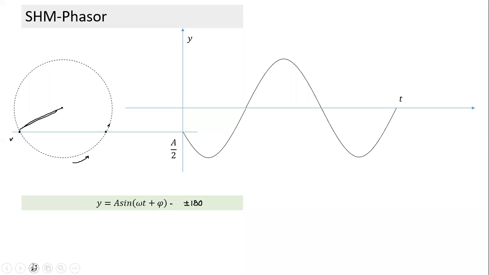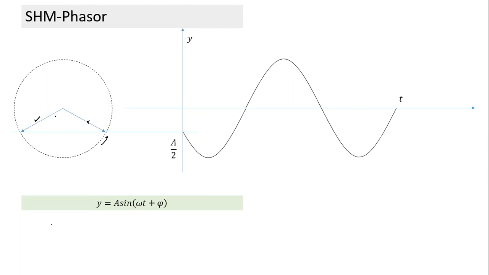So how would the phasor look like? Yeah, so you can draw the phasor. This or this, which was the correct one? This is not the correct one. In this case, the phasor is rotating in this fashion. Starting from t is equal to 0, this quantity will move towards the mean position, whereas this is moving away from the mean position. So this is not the correct one. This is the correct one.